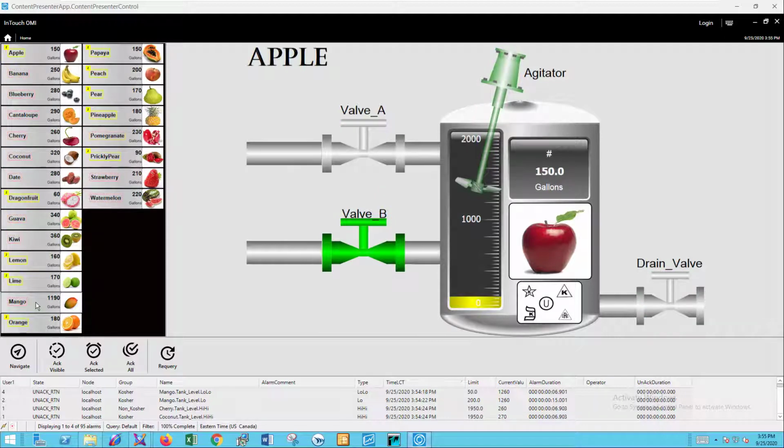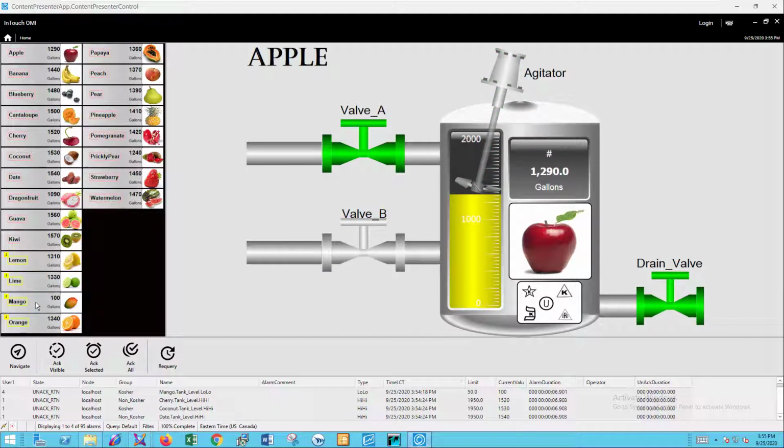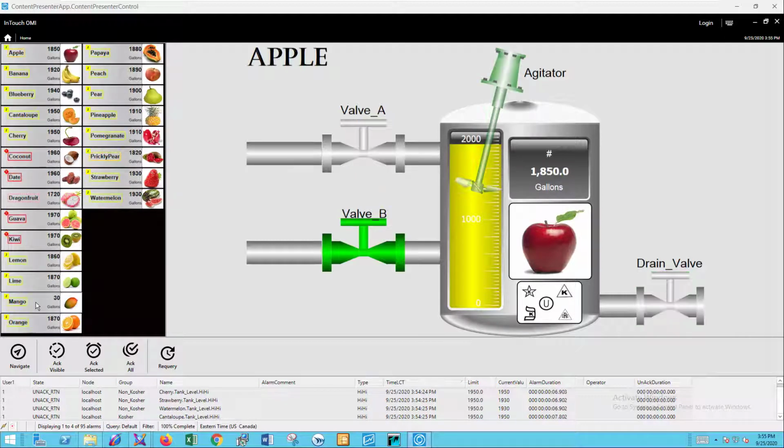Anyways, that is how the content presenter works, and just a little bit of insight on how to add the content presenter inside of InTouch OMI, as well as how it can be utilized. Whether or not you have a pump station, lift station, or whatever instance that this is representing in your type of vertical, then Content Presenter can show you these key performance indicators or KPIs in this grid format so that it's easier for you to